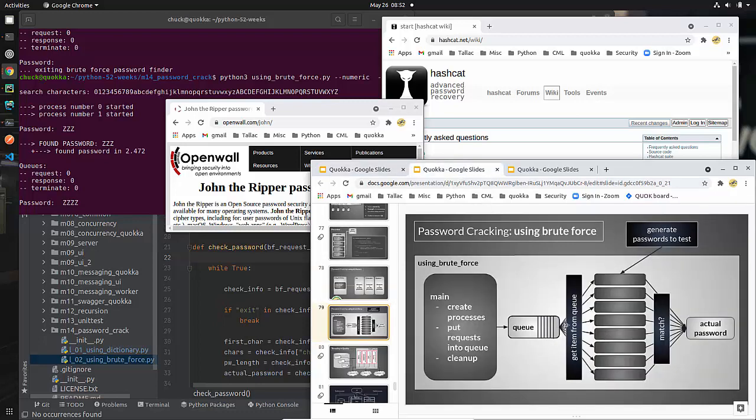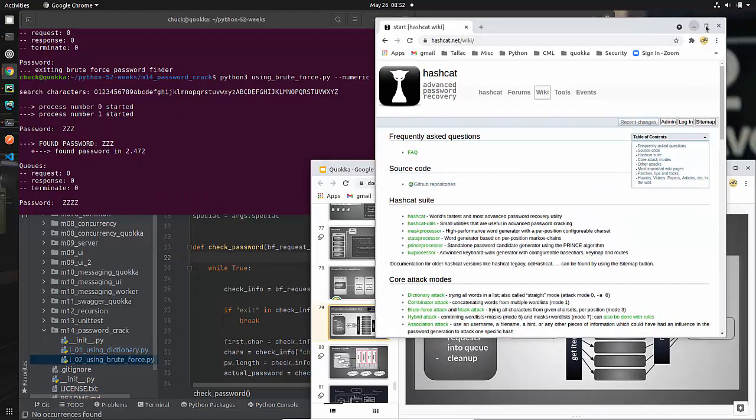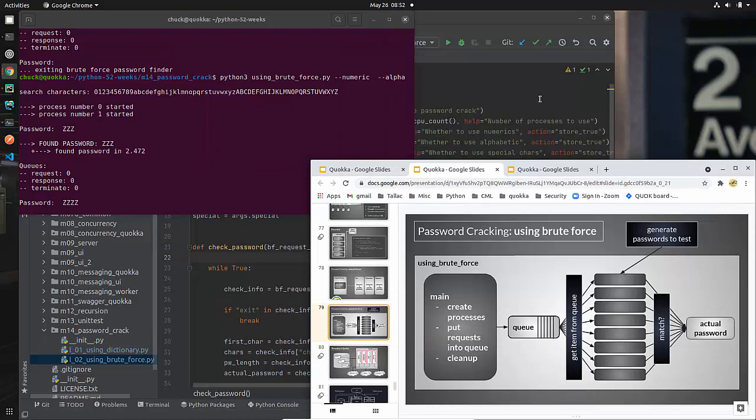This is the general design of the application that I'm going to be talking about. I will be demonstrating how it works and walking through the code, of course. Let me get rid of these because we don't care about these. I mentioned them just so that you understand that those exist, but we're going to talk about how to actually write code that does some of these things, queuing, multiprocessing, in the context of creating a brute force password cracker. So without further ado, let's get started.